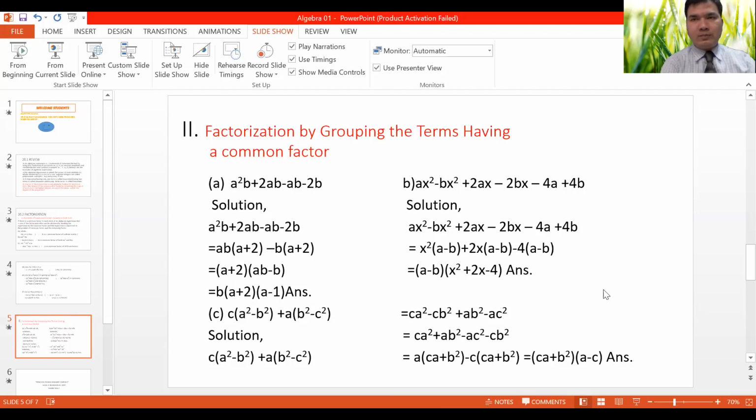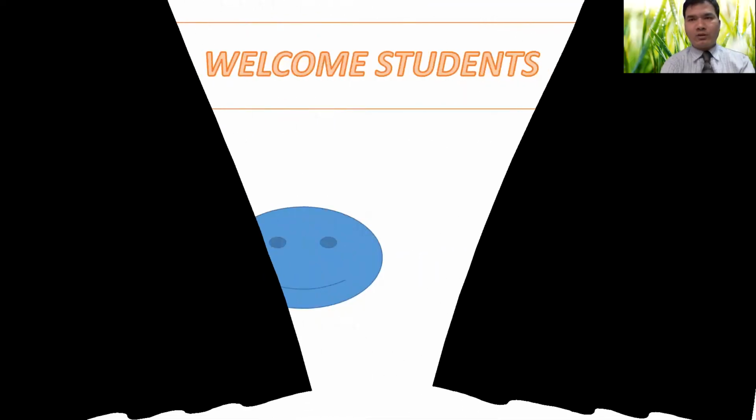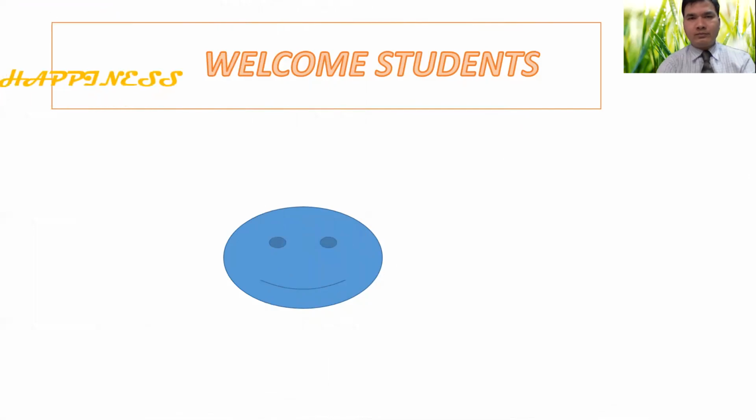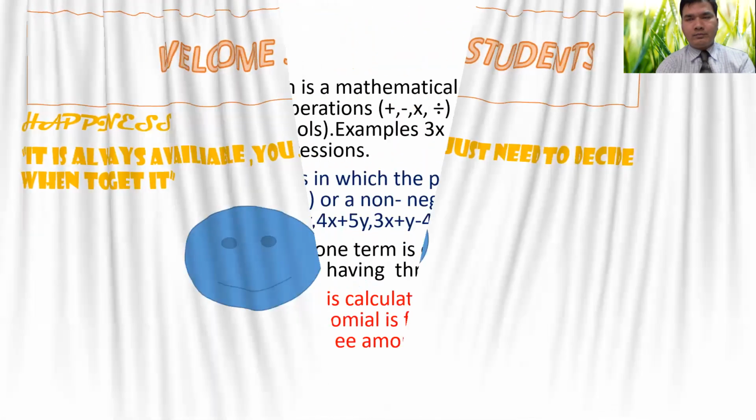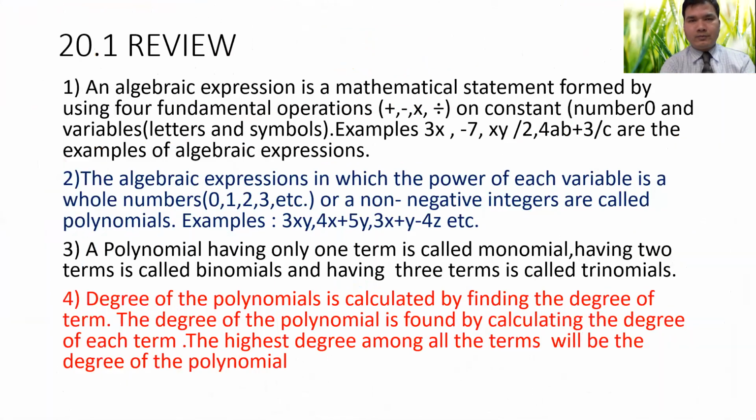and I want to start with the review that they have learned in previous class. Let's start with the review. Okay, see here. Number one, an algebraic expression is a mathematical statement formed by using four fundamental operations: plus, minus, multiplication and